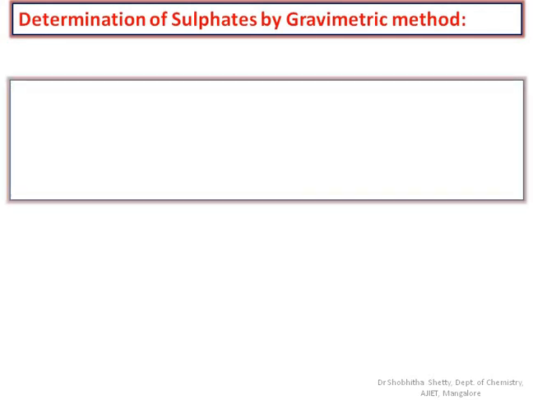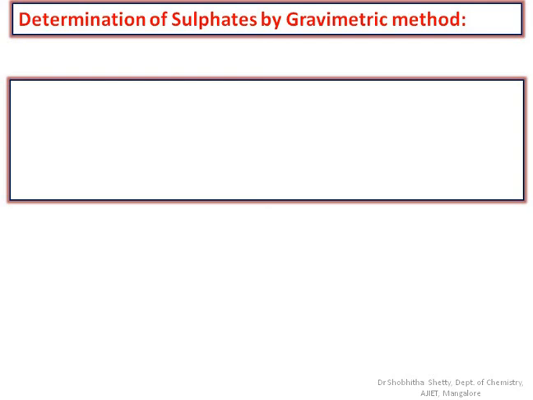Next is the determination of sulfates by the gravimetric method. What do we mean by the gravimetric method? The gravimetric method is a quantitative method in which the analyte that we are going to analyze is determined by converting the analyte into some other product in precipitate form. We need to determine the sulfate ion concentration, so the sulfate has to be converted to some other form where it exists as a precipitate. So we need to add some reagent here. That is the main principle behind the gravimetric method.